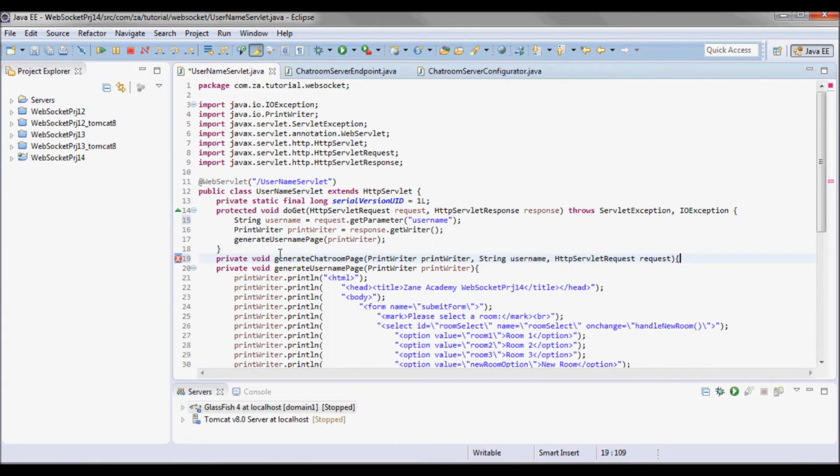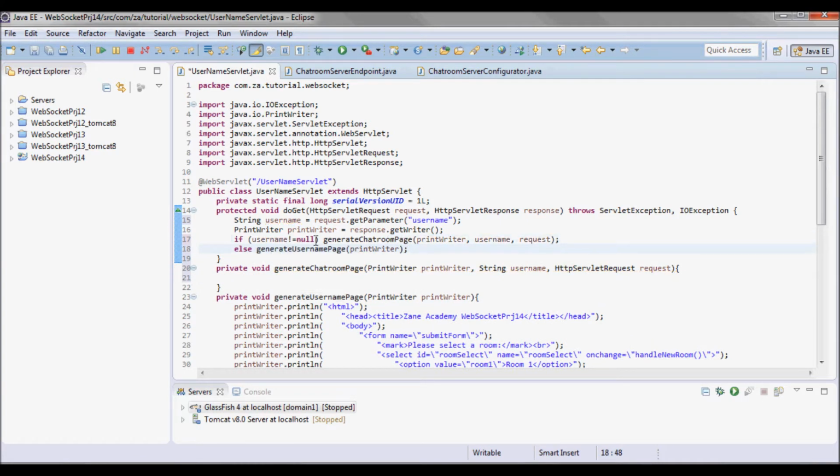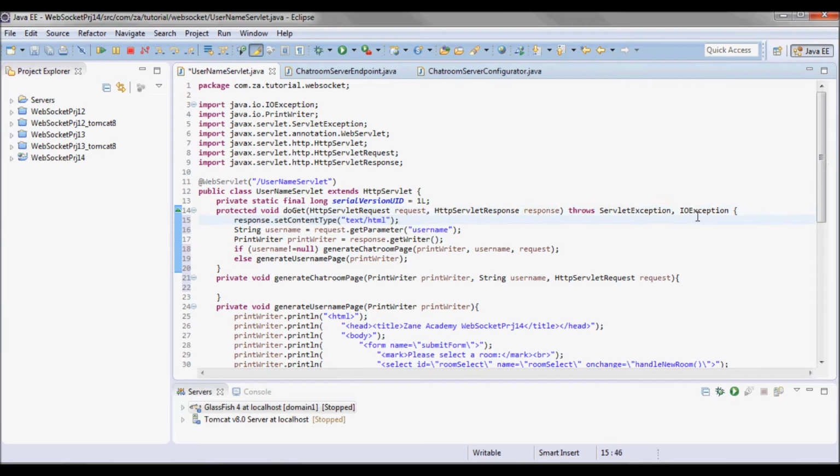I'll have this method generate the chat room page, and here if the username is different than null, then I'll go ahead and call the generate chat room page. Otherwise I will be calling the generate username page. And let's also set the content type to be text slash HTML for the HTTP servlet response.